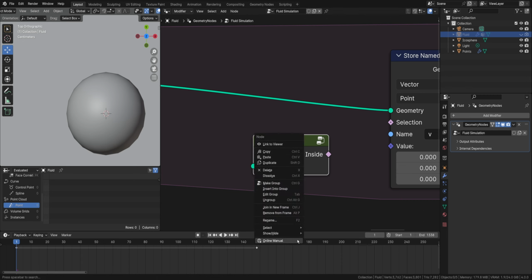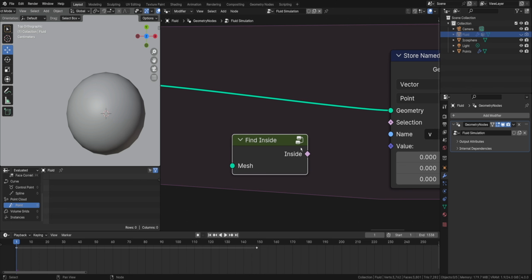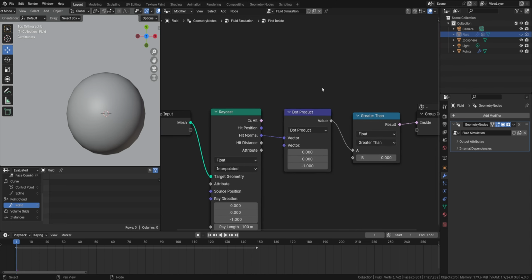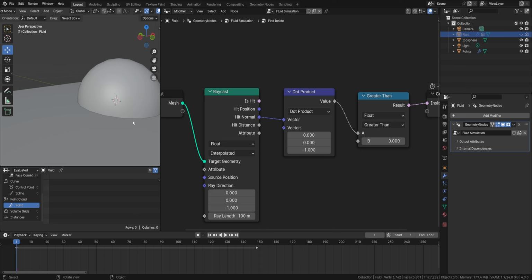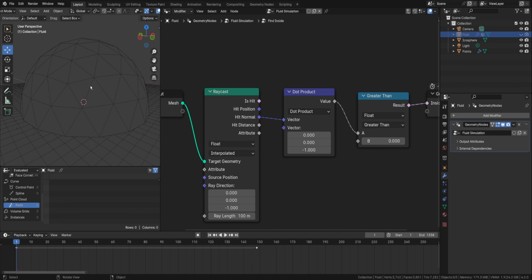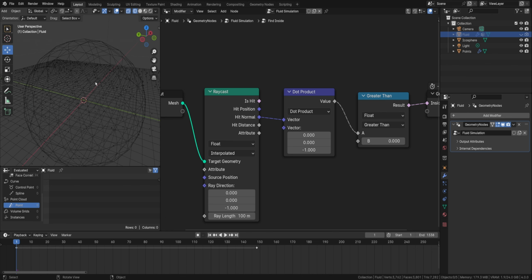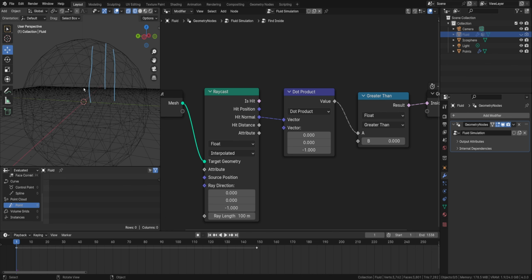I mark this as an asset so that I can use this. And internally it looks like that. What it does is that it shoots some rays down from the ball. Why don't I see the inside? Shoot some rays down, and if they hit